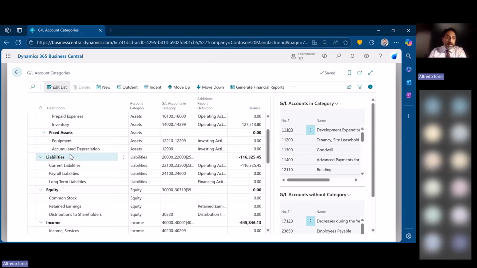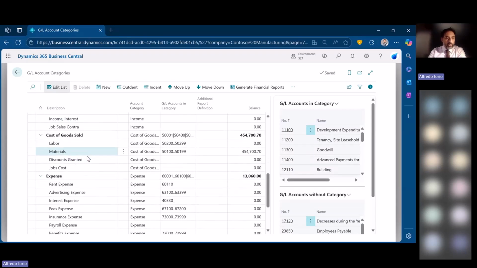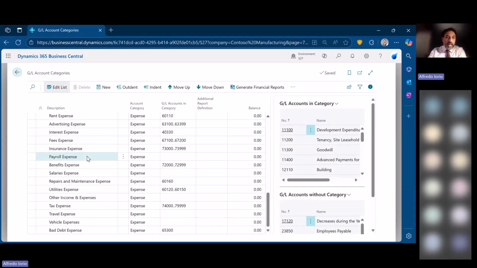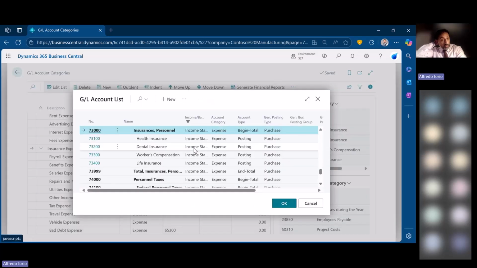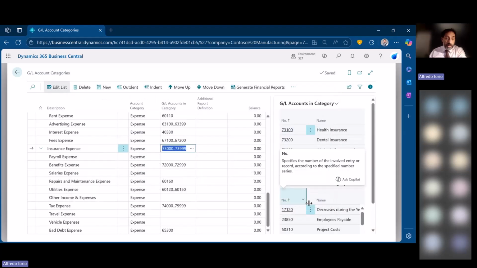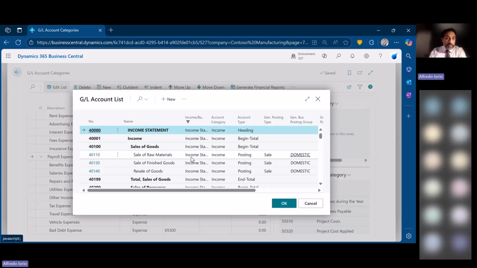And so you might have the option to see, for example, under income, something more diverse here, cost of goods sold. You might have your expenses. And here you can see the general ledger accounts list. This is how you do it. You can, in fact, create new general ledgers in your chart of accounts and tag them with a category, or you can create a category and then tell Business Central, in payroll expenses, right, I want